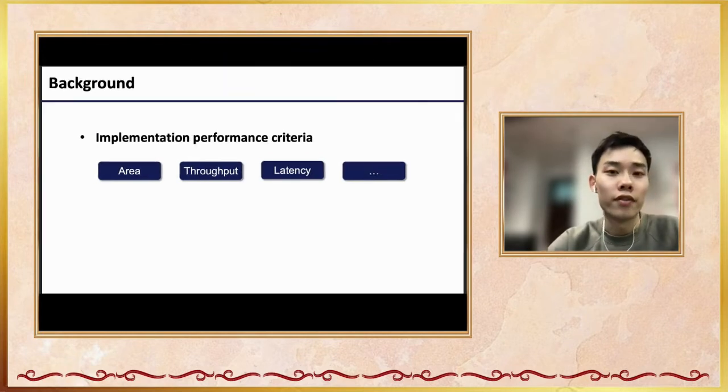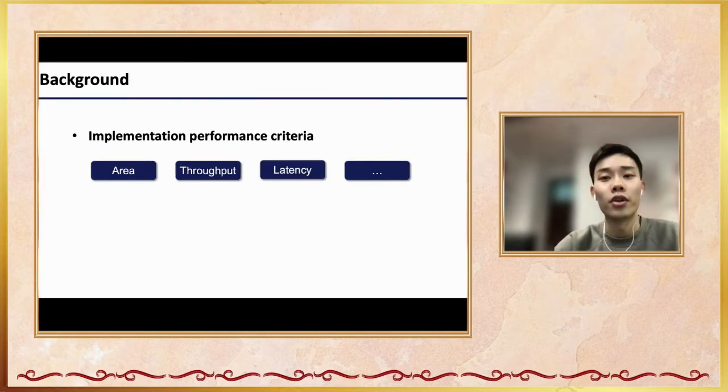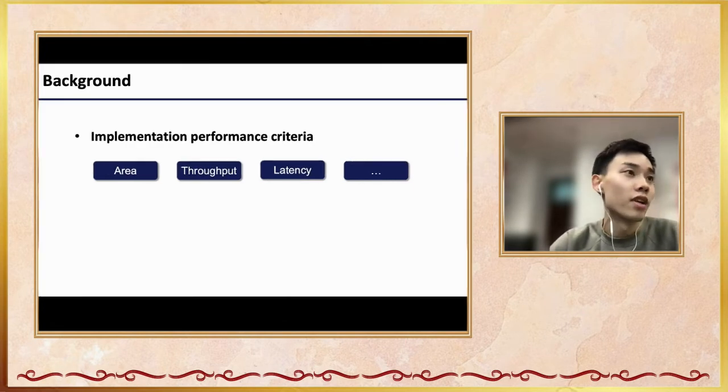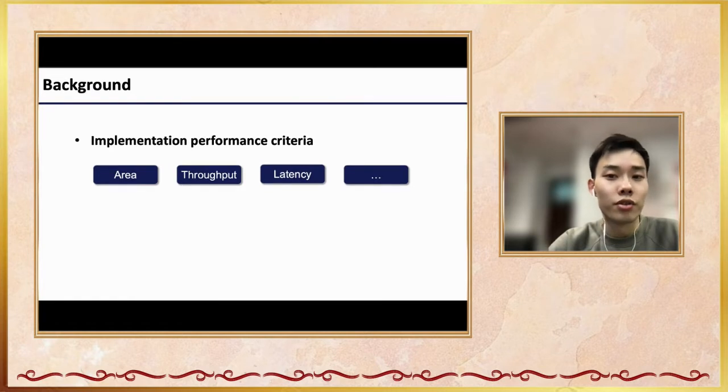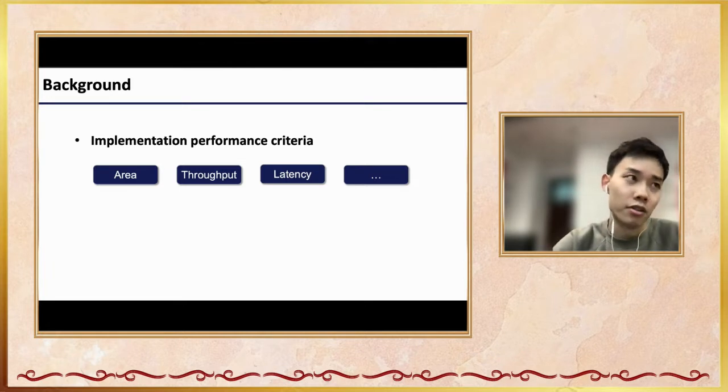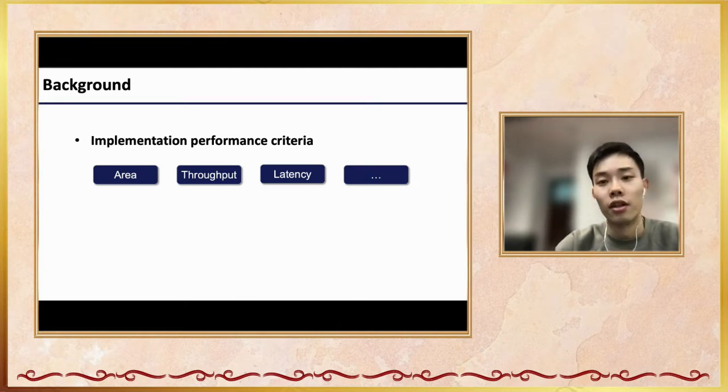Lightweight cryptographic primitives are deployed more and more in such constrained devices. Specifically, the S-boxes should be well considered since they are the popular and costly components in symmetric ciphers. The designer of lightweight cryptography needs to consider both the security properties and the implementation performance. The hardware implementation performance includes area, throughput, latency, and so on.